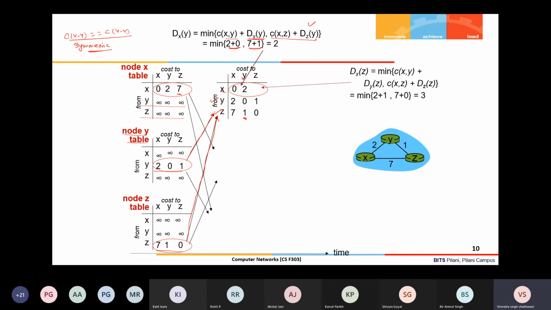Okay, so now it says that X is receiving the distance vector from Y and Z for the destination Z. So this node is sending DZZ, which will be 0, and it is sending that to X. Basically it has sent that one distance vector in a single shot; we are taking them one by one. So that is Z to Z, which is 0, and DYZ, that is, the cost is 1, that also it is sending.